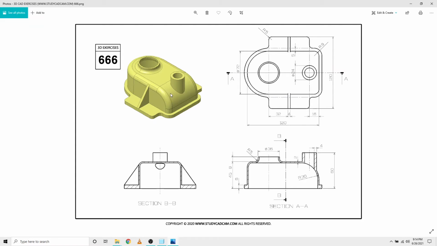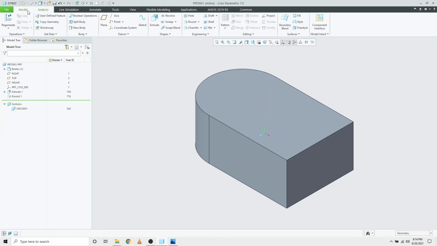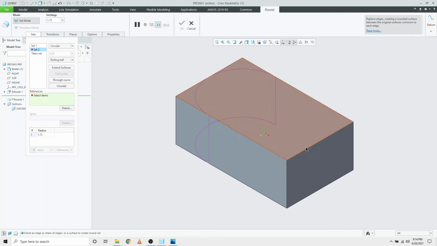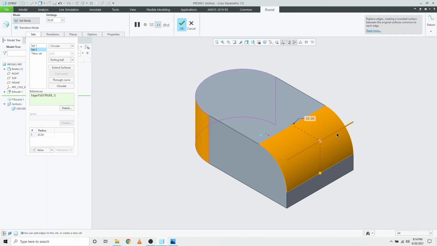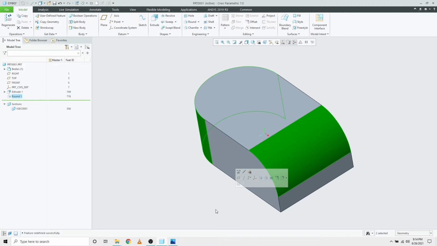Also, I can see that there is a round here. When you see it from the section AA view, you have an outer round of R30. So I also need to make that round. So instead of making a new round from the engineering feature, I'm going to pick this round and edit it. Go to sets, make a new set, click this edge and give it a dimension of 30, so that I can handle my model tree in an easier manner, where I will not have more features. So in a single round I controlled this as well as this round.